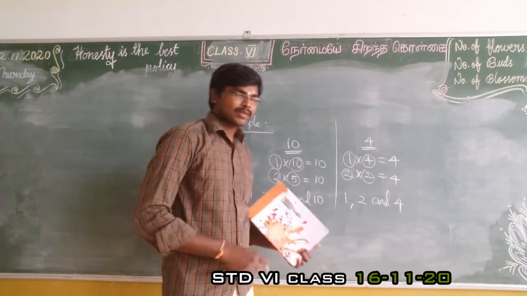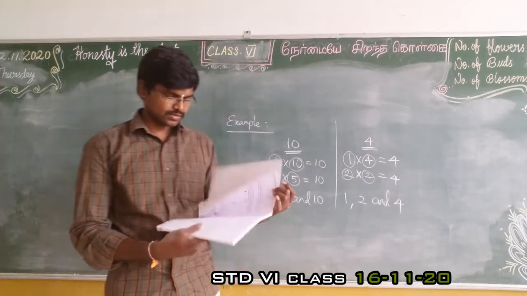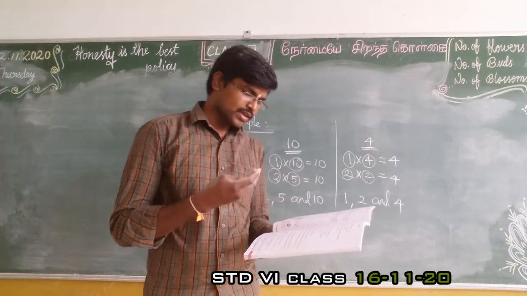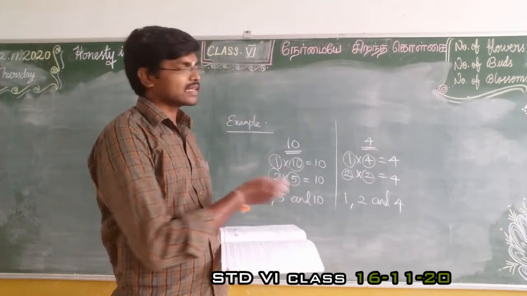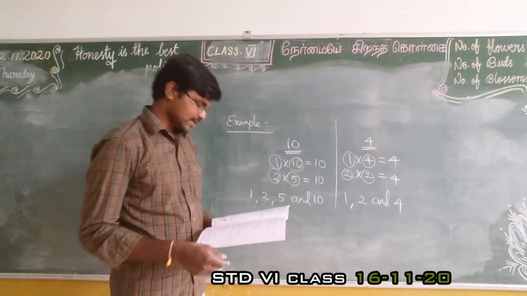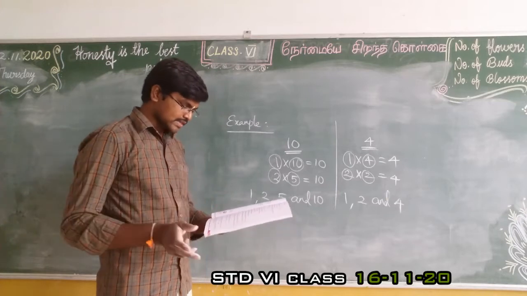It's the smallest composite number, it has at least 3 factors. So it's a direct addition. So each and every composite number has at least 3 factors. So that's all. So this is the example.